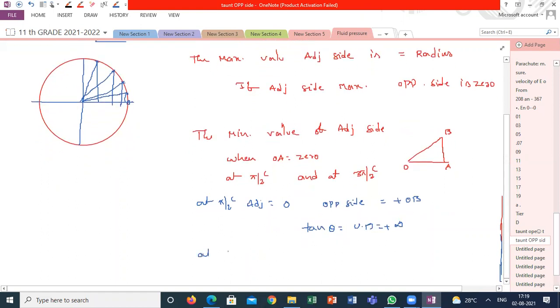But when it comes to 3 pi by 2, 3 pi by 2 means here. What is your opposite side? If I'm taking the angle here, your adjacent side is this much. If I'm taking minus infinity, correct. Your adjacent side is 0, but your opposite side is negative times of OP. So your tan theta is defined on the negative real axis side. So its range is